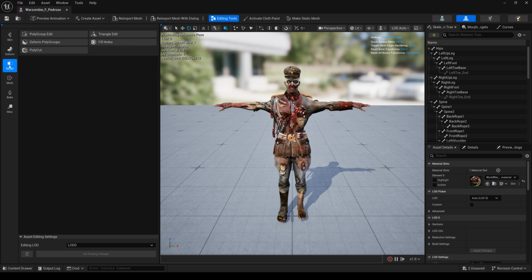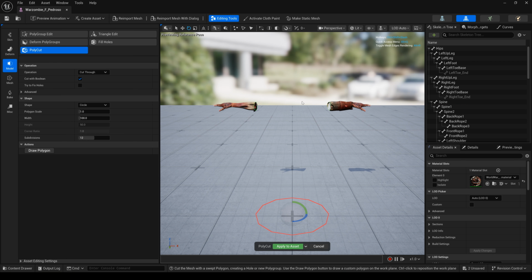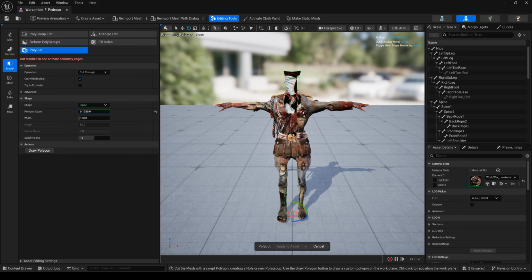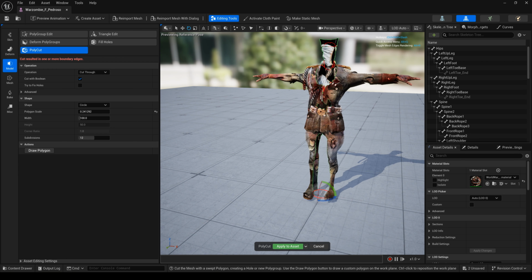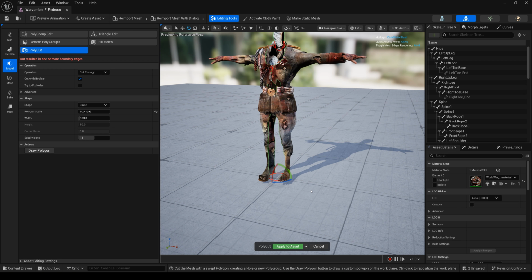And I will select model, select polycarp, and you can see our character is cutting now. And the next thing, I will change this polygon scale. Maybe it's a little bit small. And now I will change this view, and I will rotate this curve and rotate it, and I will drag